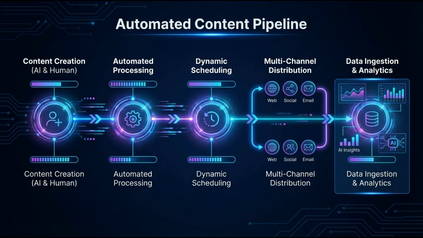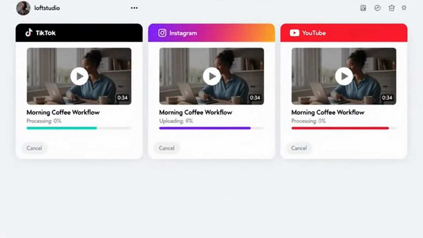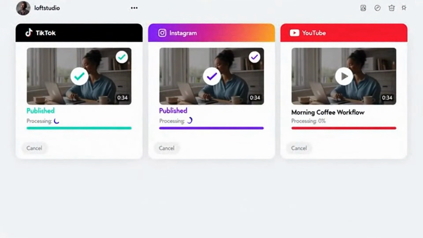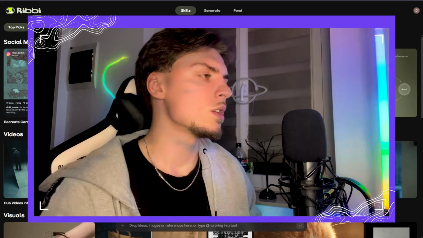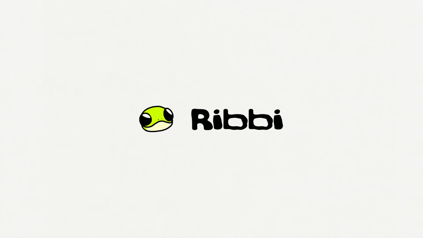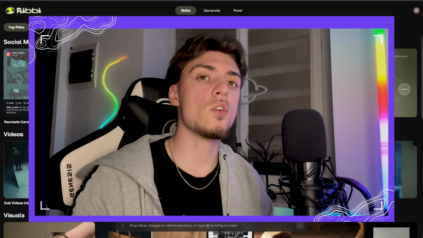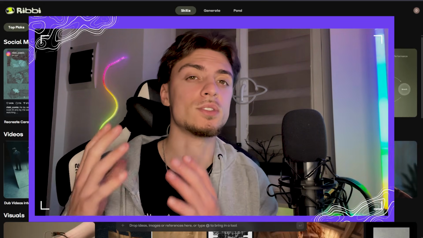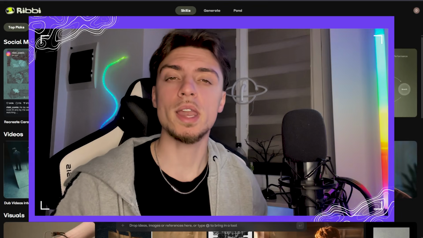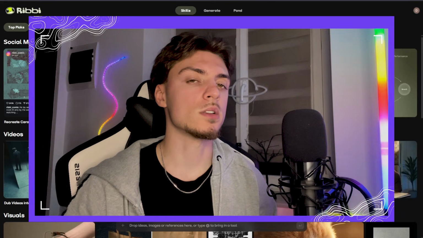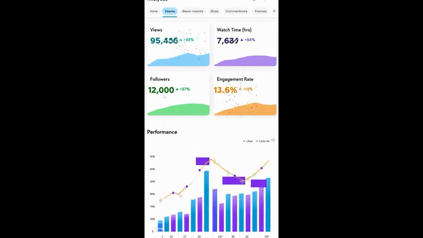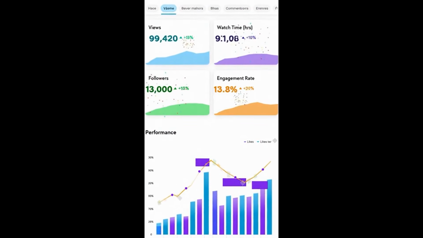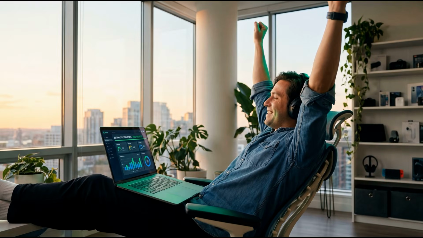Because I found something that actually tries to do that, and I want to show you what it looks like. So guys, this is Ribbi, and instead of over-explaining it, I'm just going to go through it and show you how it works while actually using it. Because if this does what it claims, this is kind of like an OpenClaw moment, but for creators instead of